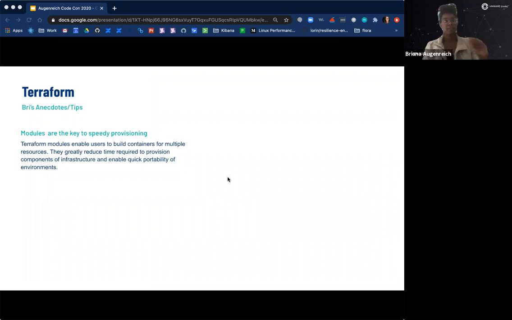2 quick tips and anecdotes about Terraform. Modules are your key to speedy provisioning. I have experienced this firsthand, how quickly having a module, which is just a container essentially for you to define